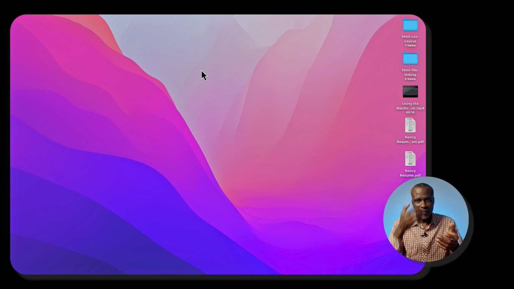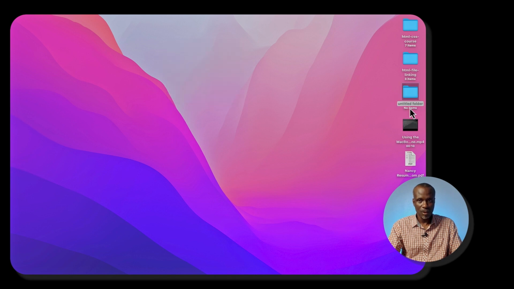It doesn't matter, as long as you remember where you place those folders. I also like to assume I'm going to create several projects, so I'm going to have a general project folder where all the other folders will be in. But in this short tutorial, I'm going to create this